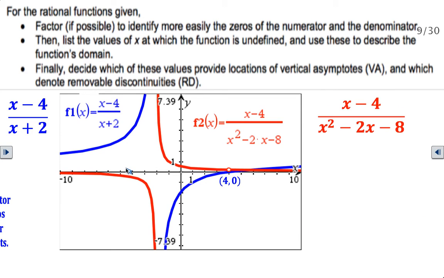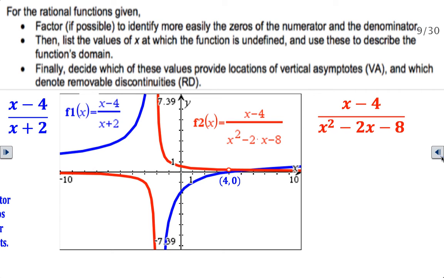This is an example of two different formulas. So I've graphed the equation (x - 4) divided by (x + 2). I also graphed the equation (x - 4) divided by (x² - 2x - 8). Okay, so this equation is already set up in factored form,